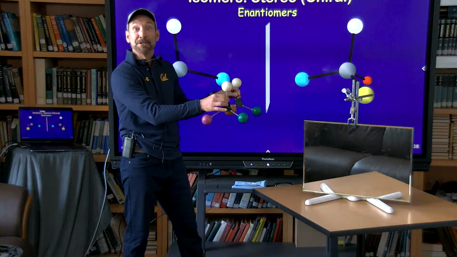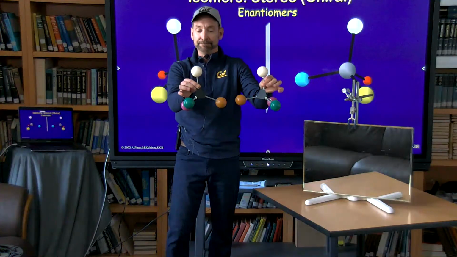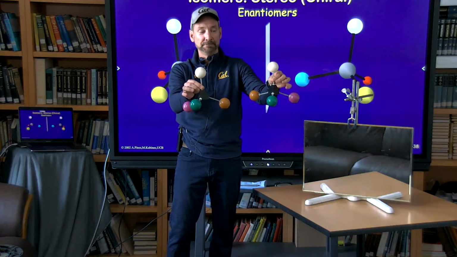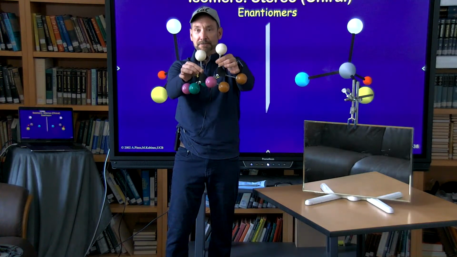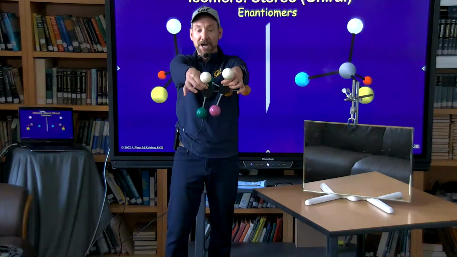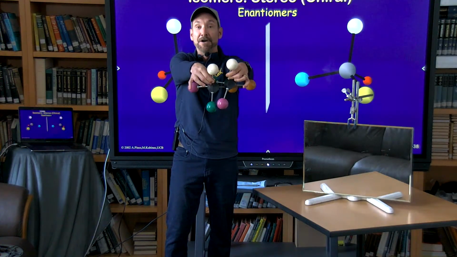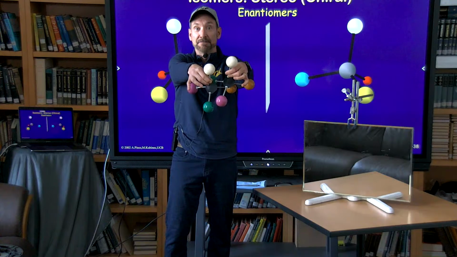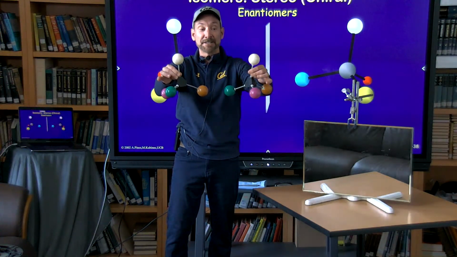So now I have the mirror image in my hand, and look what happens if I take this molecule and try to overlap it with this molecule. You can see what happens. They are different. The purple and the green are in different locations. So there's this subtle structural isomerism